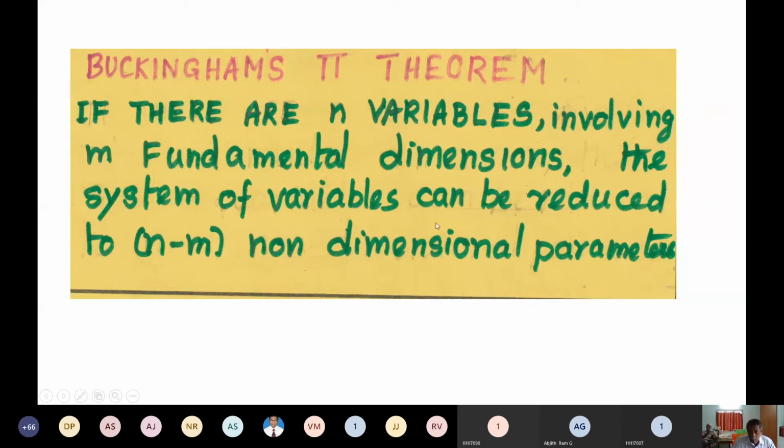The next one is we use dimensional analysis such that it gives some non-dimensional numbers which can be used for the selection of certain machines. Now you see that there are axial flow machines, radial machines, mixed flow machines. So for a particular duty, what shape or what machine you have to select, there the non-dimensional parameters are extremely useful. So the first one is to reduce the number of variables. The second one is to select the type of machine.